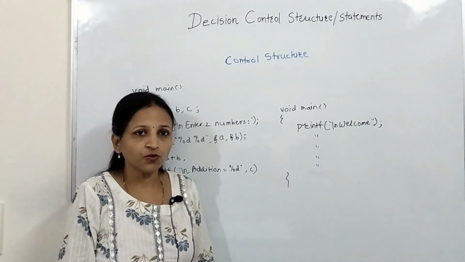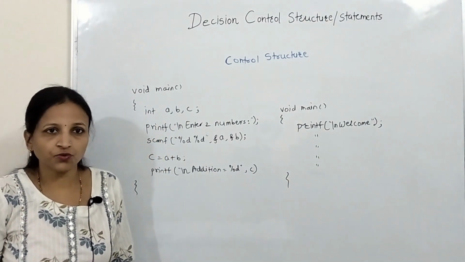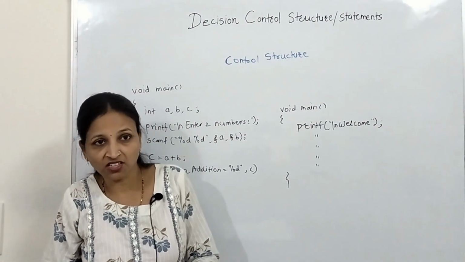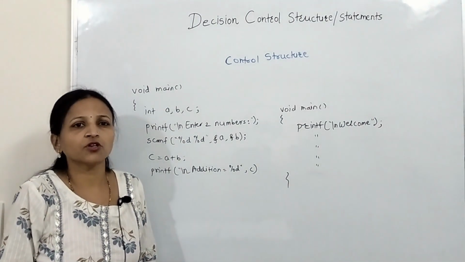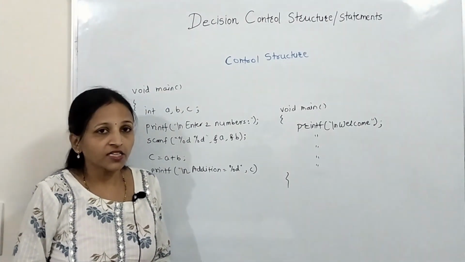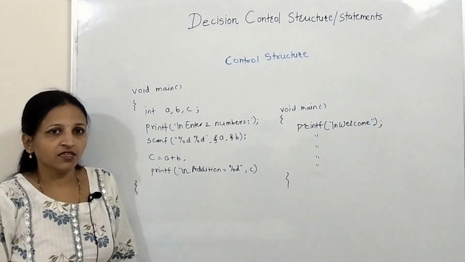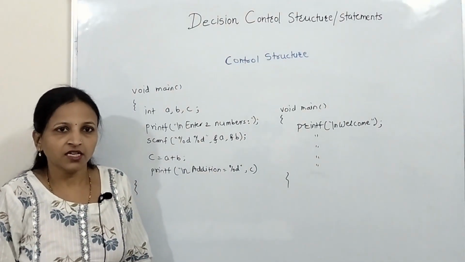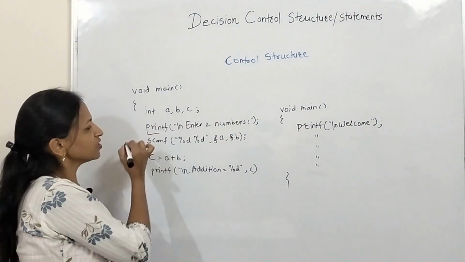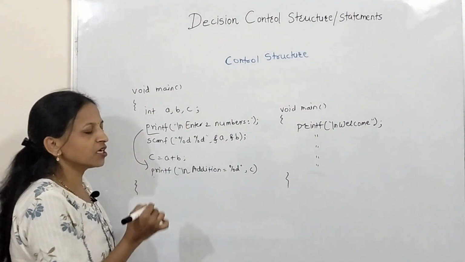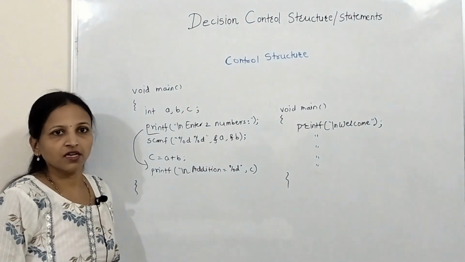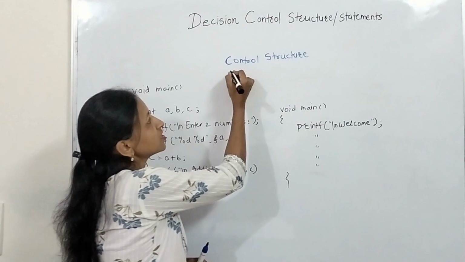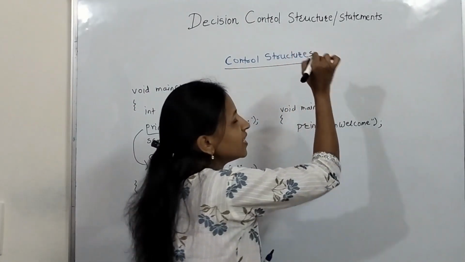There are some situations in programming where there is a certain task you want to do. If a certain condition is true, on the basis of that you want to perform something. If the condition is false or any other condition is true, on the basis of that you want to perform something else. Or there may be a situation where you want to do some task again and again repeatedly. Suppose you want to execute this one, and after that you want to shift directly here. This is again possible, and for that these control structures are provided by C language.